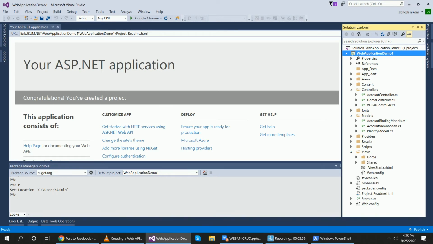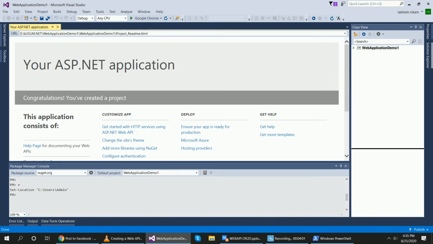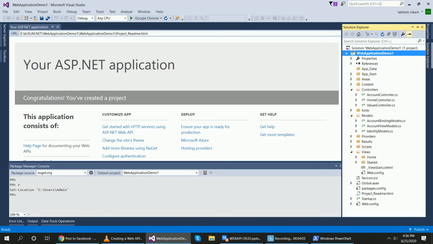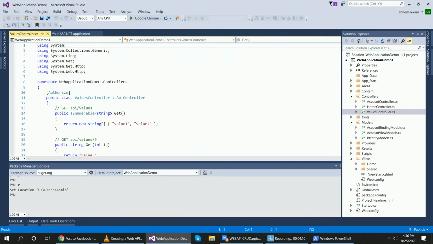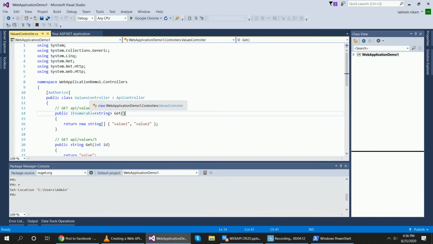Now here already generated by default are a Web API controller and an MVC controller. This ValuesController is my Web API controller. You can check here, this controller is inherited from the ApiController class.